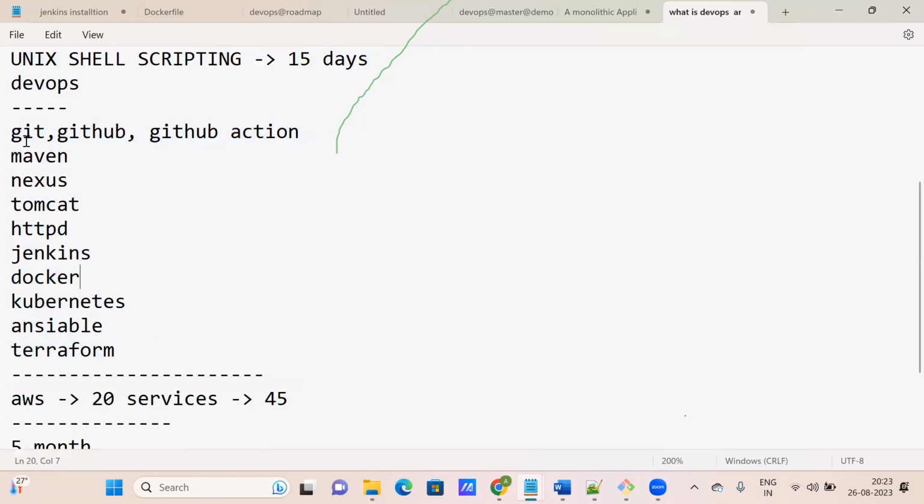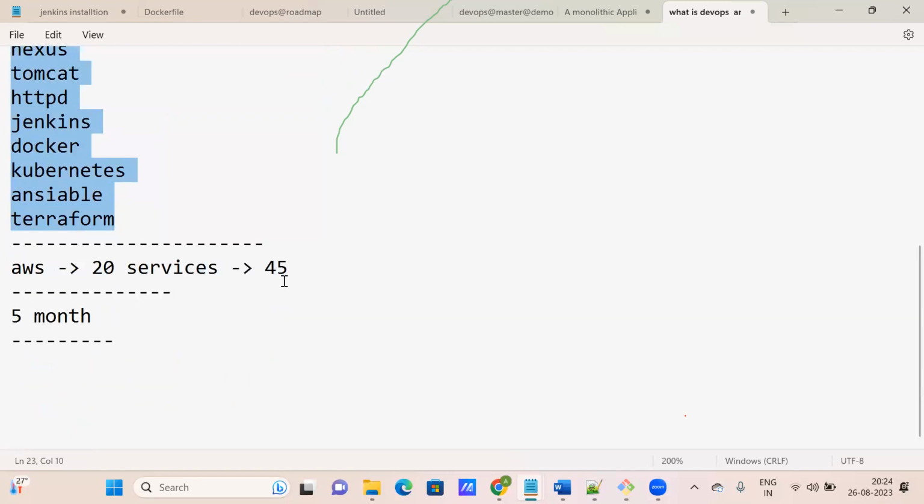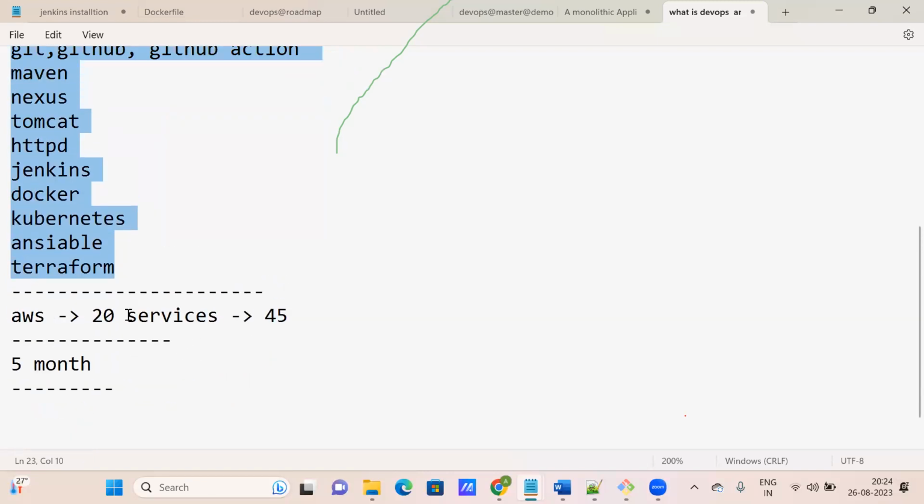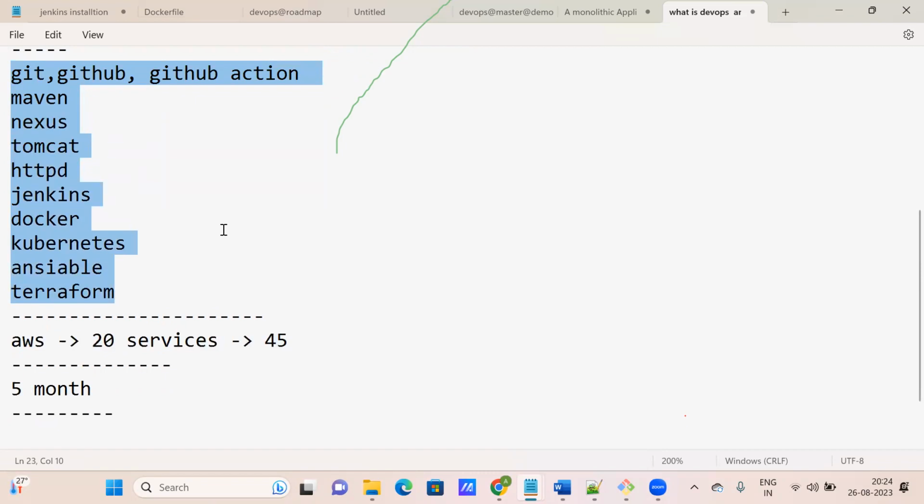Two months actually. See, if you were to just complete this, it would take 10 days. But we are going to do everything practical oriented, with one project, and we'll do everything. That's why it will take more time, maybe 2.5 months. I'm giving an approach of actually 5 months. All things we have to do practically, no theory.